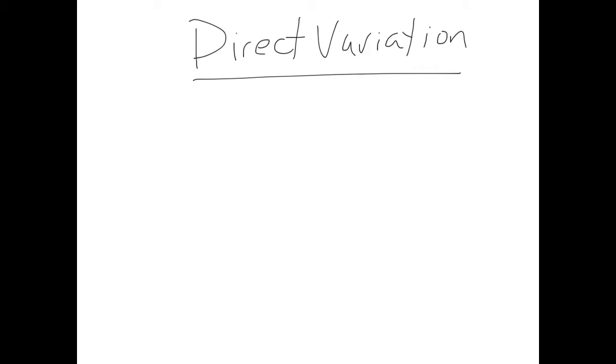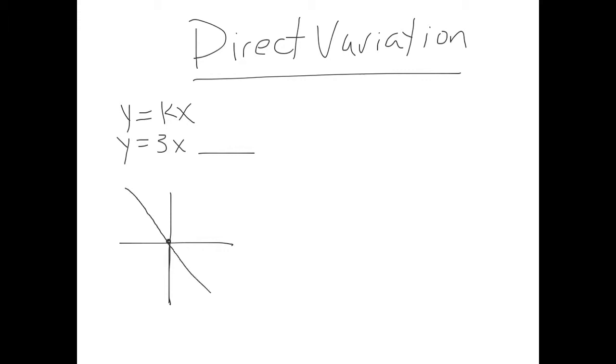Alright. Direct variation, the main things you need to know about direct variation is that it's an equation that's in the form y equals kx, so y equals 3x. It's not going to have anything on the end of it. As far as the picture, it is a straight line, and the straight line goes through the origin. So it can go up, it can go down like that, it can go up that way, but it has to be a straight line and goes through the origin. And we solve these problems through the use of a proportion. So if somebody gives you a problem like,